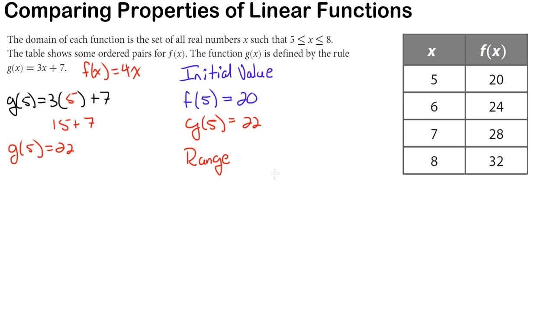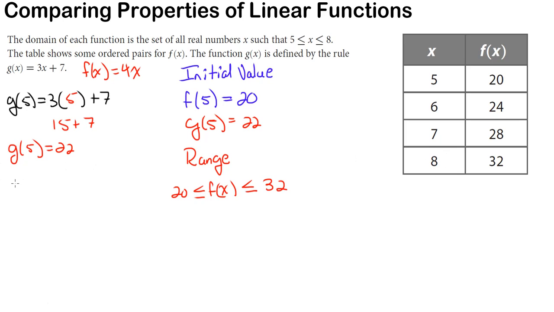So we can say that for the range, f of x is all real numbers greater than or equal to 20 and less than or equal to 32. What about the range for g of x? Well, we don't have a table for g of x, but we already know the lowest output value for g of x. So now all we need is the highest output value, which is going to be where x is